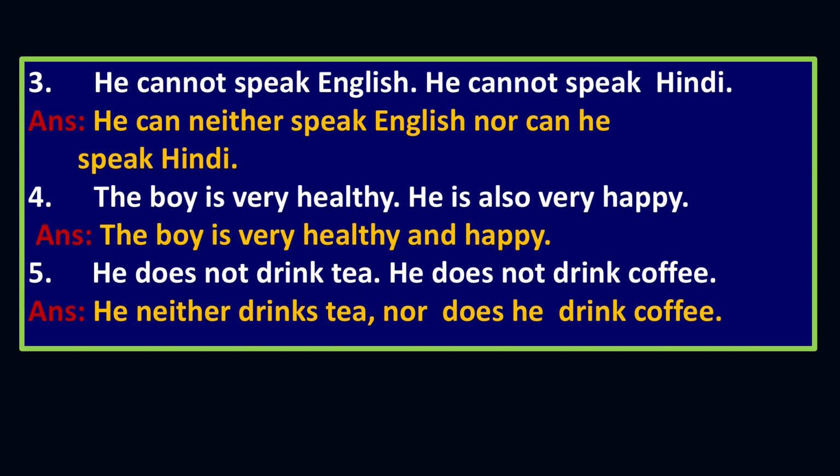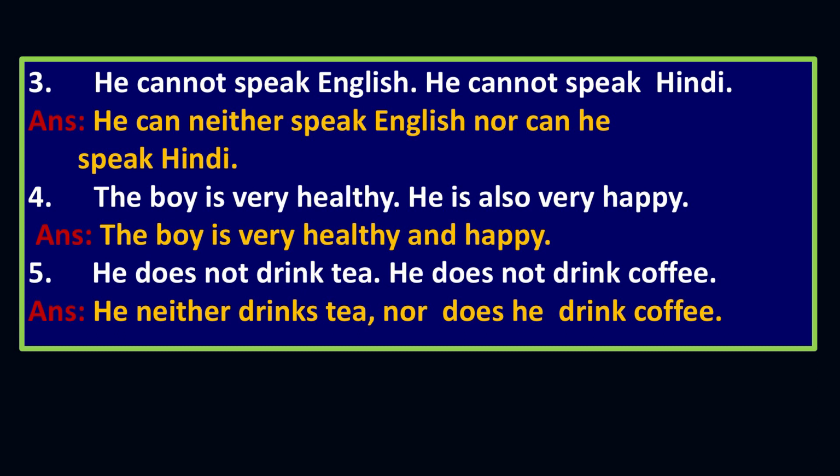Number 3, he cannot speak English, he cannot speak Hindi. So, when we combine what will happen? In both the sentences we have negative sentences. So, we can use neither-nor. He can neither speak English nor can he speak Hindi. So, when we use neither, you see, just